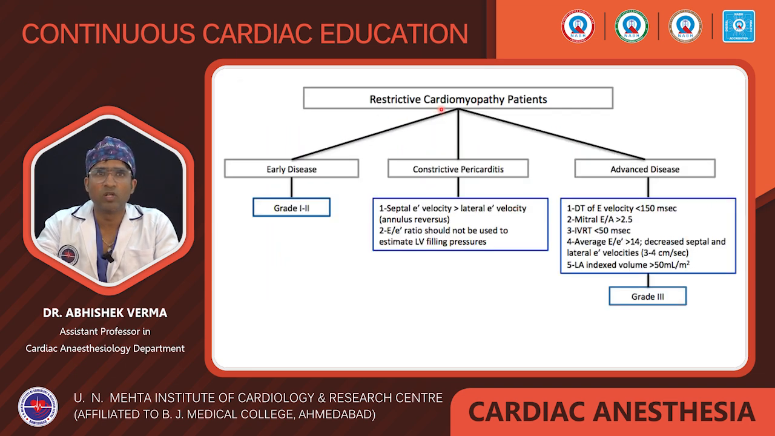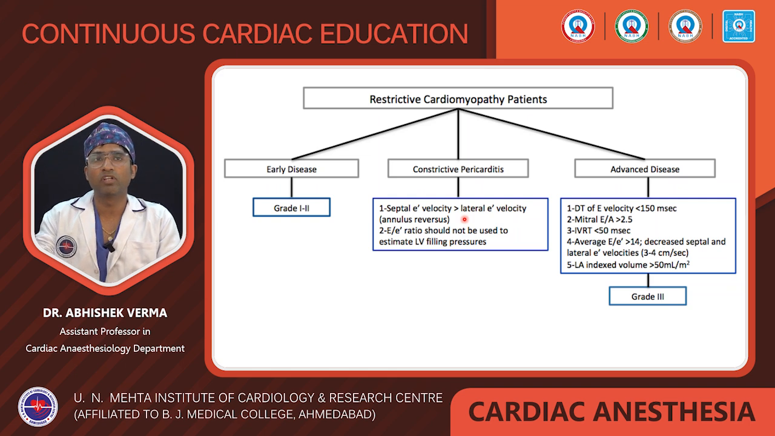Here, in restrictive cardiomyopathy, in the early phases, grade 1 and grade 2 diastolic dysfunction may be there. But in later stages, in constrictive pericarditis, what happened? The lateral wall of the LV will stick to the pericardium, and this leads to decreased movement of the lateral wall. Normally the lateral wall velocity is very high as compared to the septal wall, but in constrictive pericarditis, due to the sticking,